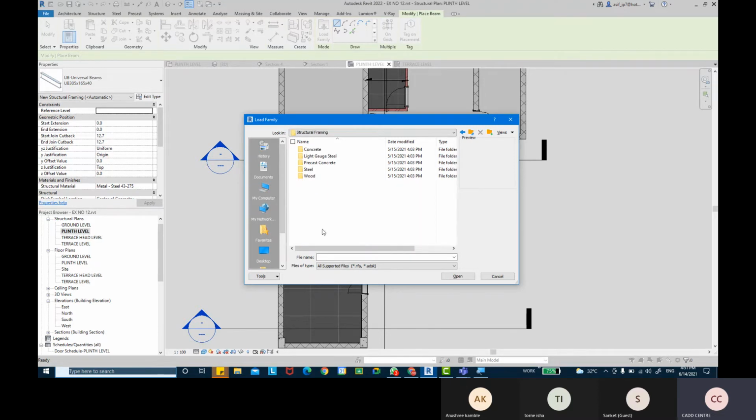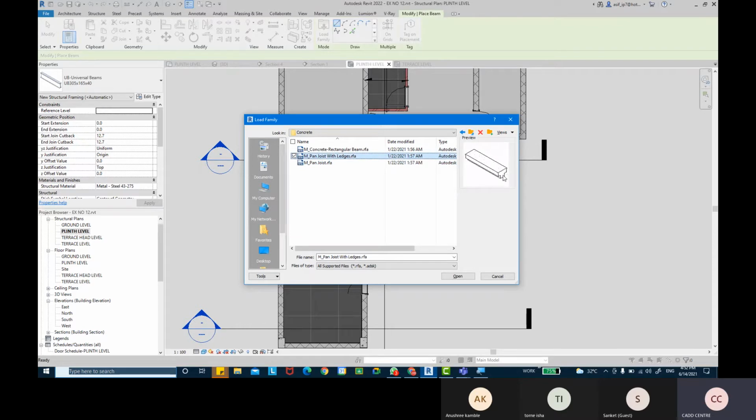Now in structural framing, again, we have the type category of beams like concrete beam or light gauge steel, or you want precast. You can take steel beams, you can also take wooden beams, whichever type of beam you want to load. So we want to load some concrete beams, so we can take concrete beams. Now we have three types of concrete beams. We have a rectangular concrete beam, we have a pan joist beam, and we have the one with the ledge. So this is a little bit tapered one. Okay, and with the ledge you will get a ledge beam.